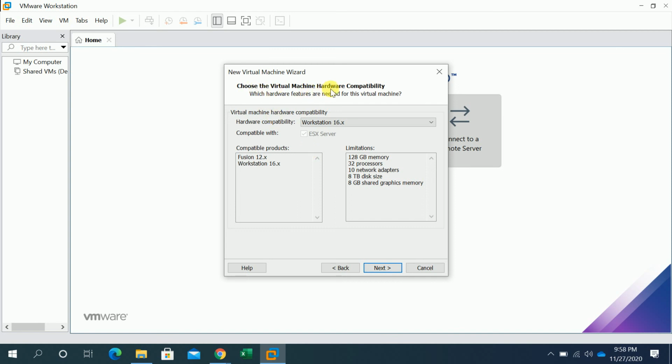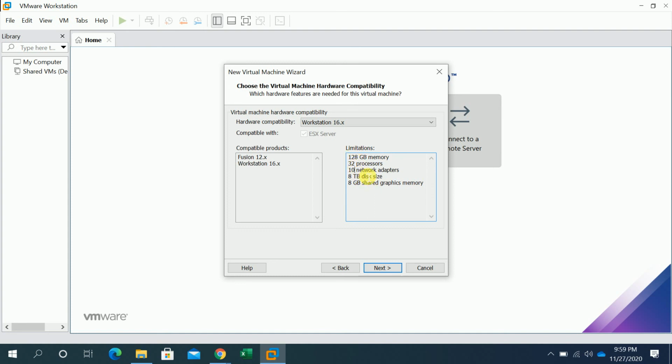Choose the virtual machine hardware compatibility. This is the limit of the virtual machine: you can assign 128 GB memory, 32 processors, 10 network adapters, 8 TB hard disk size, and 8 GB shared graphics memory.